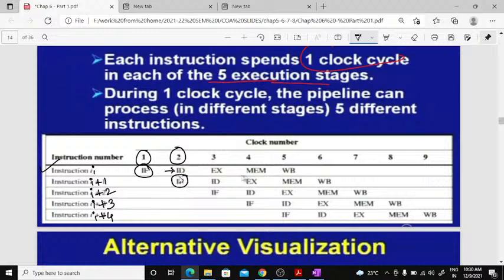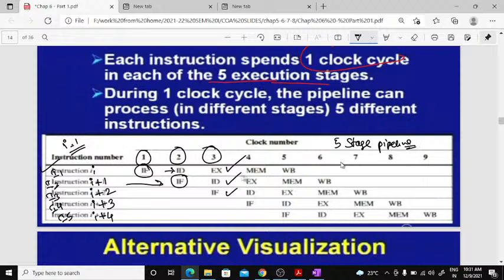At the same time, instruction I plus 1 means, if we take I equal to 1, then these are 1, 2, 3, 4, 5. So I can write here I1, I2, I3, I4 and I5, a total of 5 instructions. During clock cycle 3, instruction 1 is in the execution stage, I2 is in decoding, and I3 is in instruction fetch. So here in this particular 5-stage pipeline,